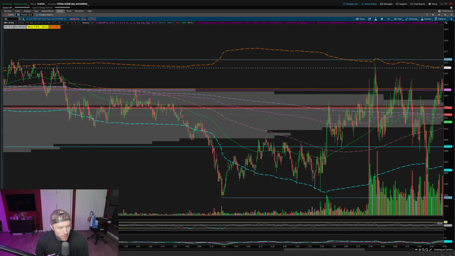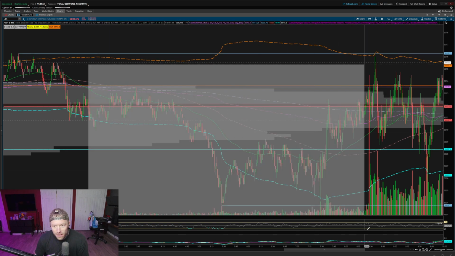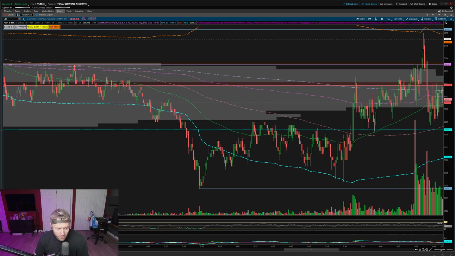Let's take a very close look at the minute chart on ES. This thing does not like to leave gaps open. Yesterday was the first time I've ever seen it. So let's take a peek. Look at this. 1, see that on the screen? Yep. Okay. 2, 3 gaps right here. And I was like, man, I'm watching this huge dip. I'm like, we're going to come back up there.